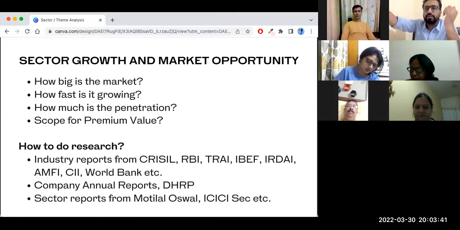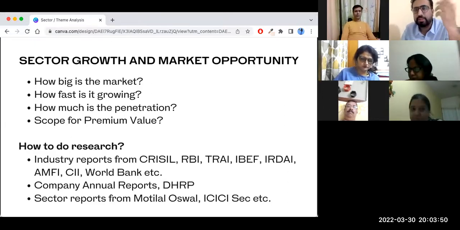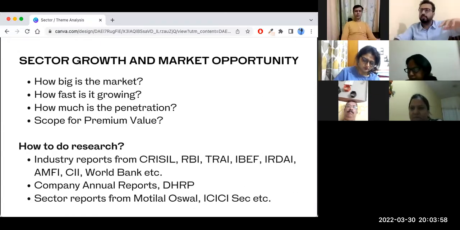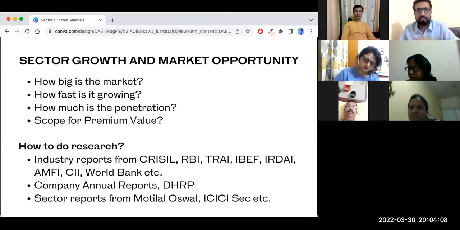In the next 2 to 3 years, you will have benefit, but after that, you will not have any benefit. You'll actually have to look for other growth avenues, right? So not very interesting. If the sector is growing at only 2% every year, overall sector, it's a very big sector, like a $1.5 trillion sector, but growing at only 2%, is it interesting for you? No, it's not interesting.